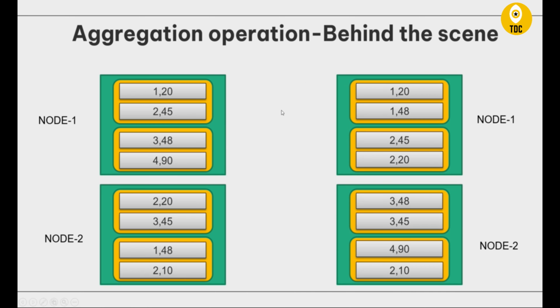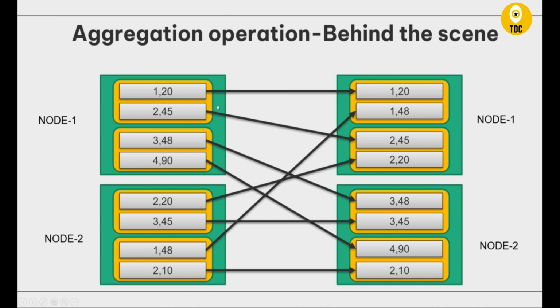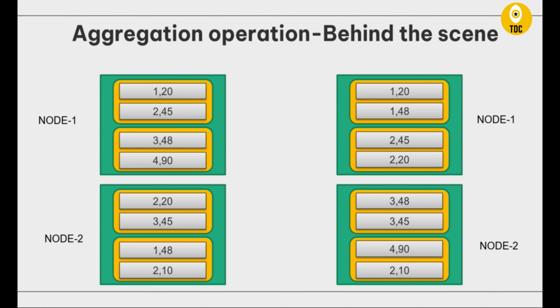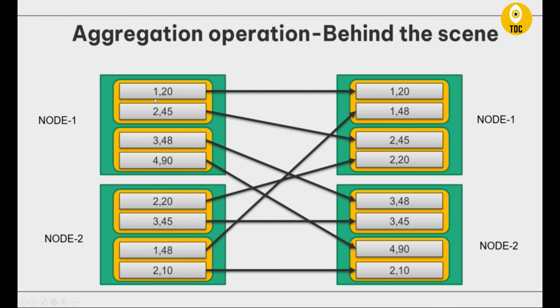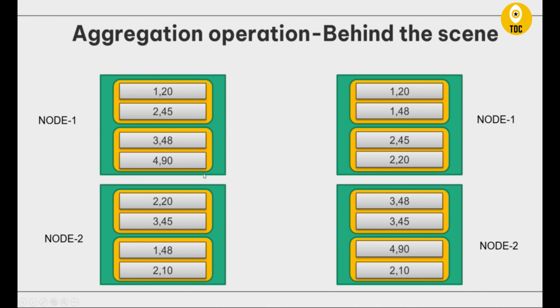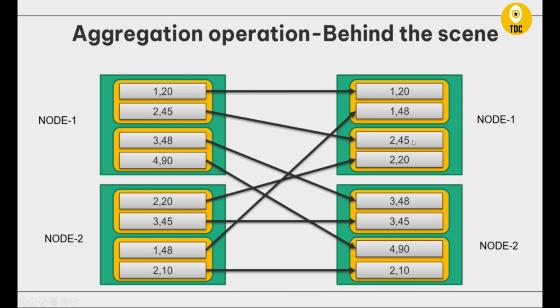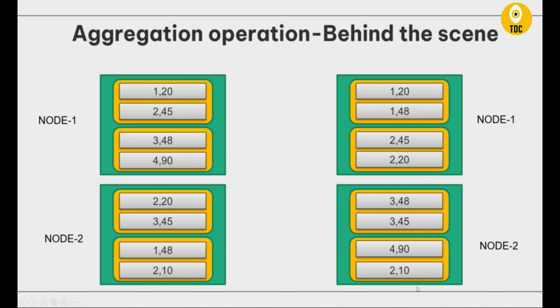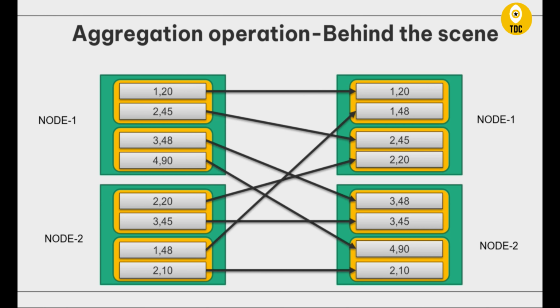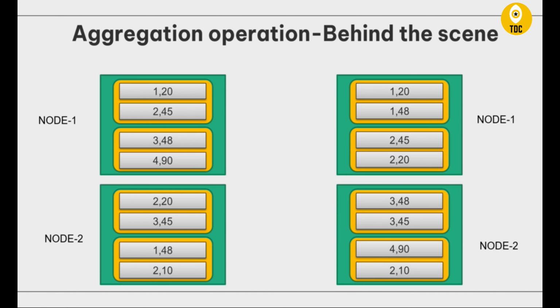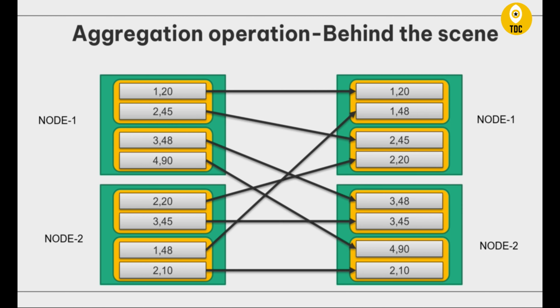And so behind the scenes, as you can see, what's happening here is data is getting shuffled between the different partitions and different nodes also. So the node 1 partition data is coming from the first partition to the node 2 second partition, whatever. So we can see there are many shuffles happening so that the data pertaining to one particular ID will physically be in the nearest possible data partition, so that it can easily perform